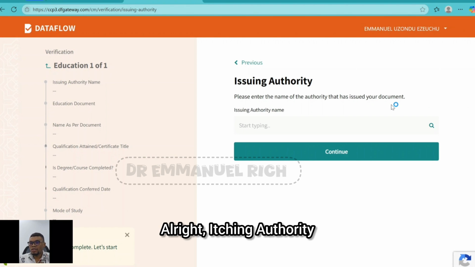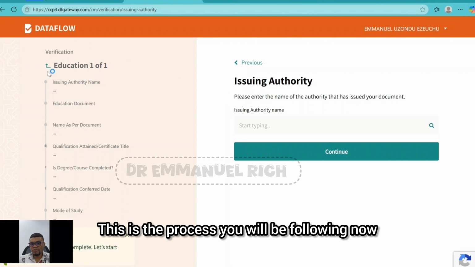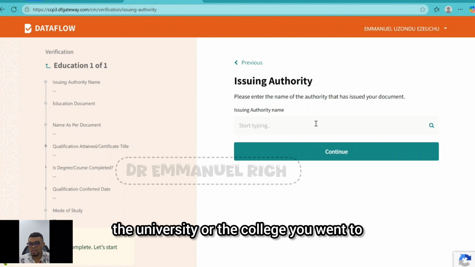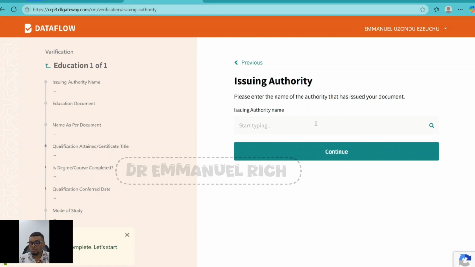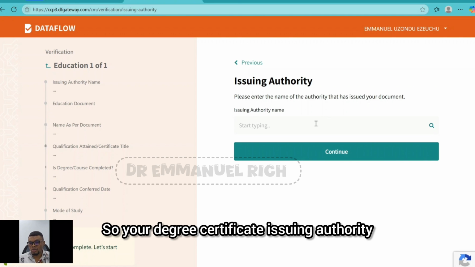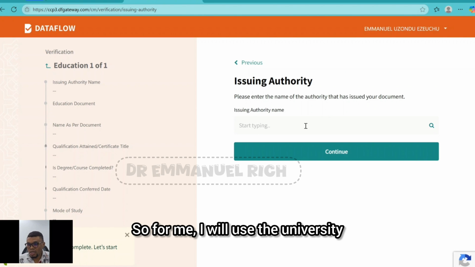All right. Issuing authority. This is for your education now. When you look at the left part, you will see everything. This is the process you'll be following now. The first thing they will ask you for is your issuing authority. The issuing authority for your education document is the university or the college you went to, that issued the certificate you want to submit. So your degree certificate issuing authority is your university or college. Okay. So for me, I will use the